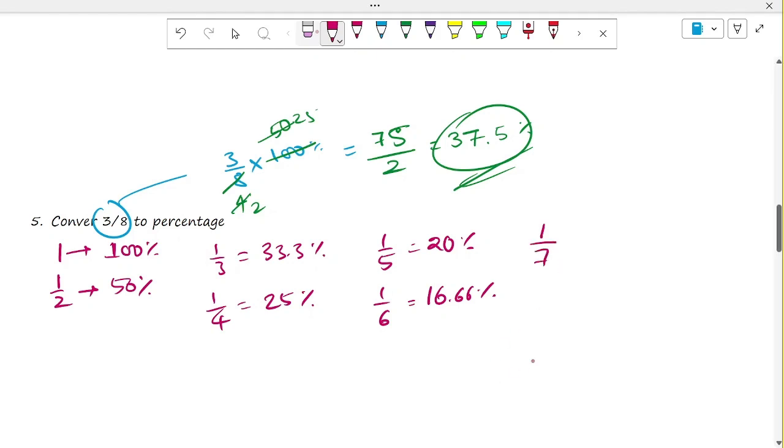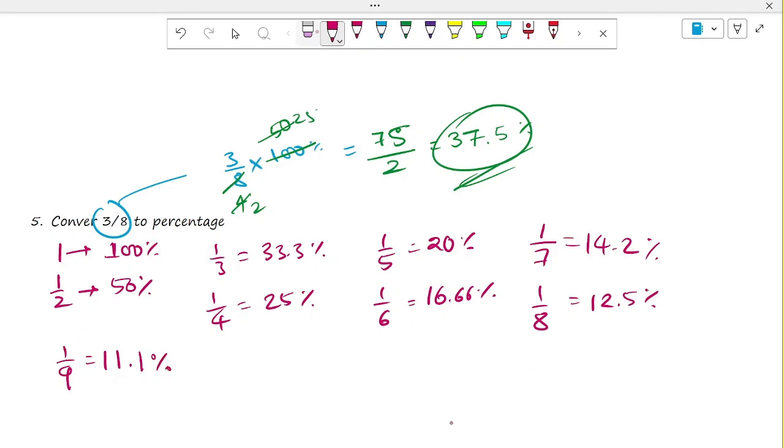1 by 7. So how much will be 1 by 7? It is 14.2%. 1 by 8, 12.5%. Then 1 by 9. 1 by 9 is what? 11.1%. So these are very important. These should be known. Whenever you get a question like this, 3 divided by 8, how you can solve that